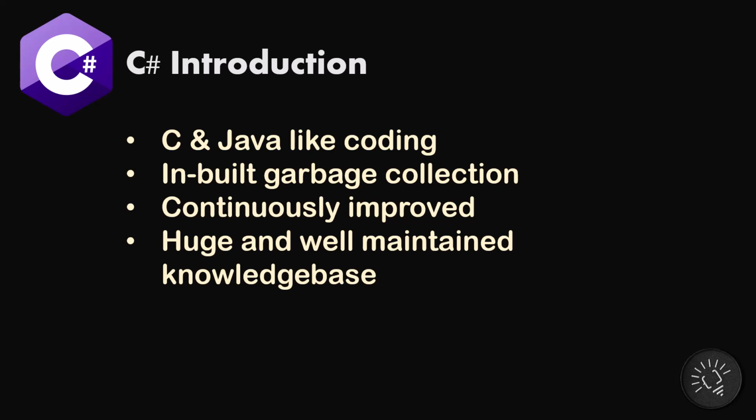The first is the coding language is quite like C, C++ or Java, so you're not going to be moving into totally uncharted domains. When I started coding in Python after C Sharp, I had to go through a little bit of familiarization, trying to understand the syntax, and though it was easy, it was different. But in C Sharp, if you've coded in Java, if you've coded in C++, or even if you've coded in JavaScript, you would be right at home with the syntax.